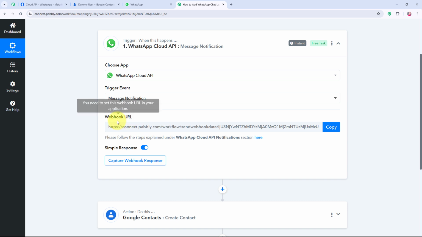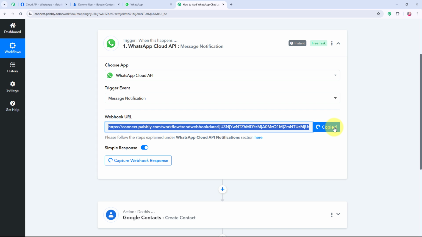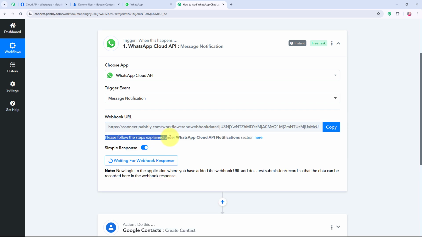For this, you can see Pabbly Connect has given us this webhook URL here. Webhook URL is like an address. Like if I copied this webhook URL from here and I have pasted it in my WhatsApp API Cloud account, then whenever any new inquiry is received by me through WhatsApp, this webhook URL will bring back that particular data to Pabbly Connect. So I will simply click on this copy button,